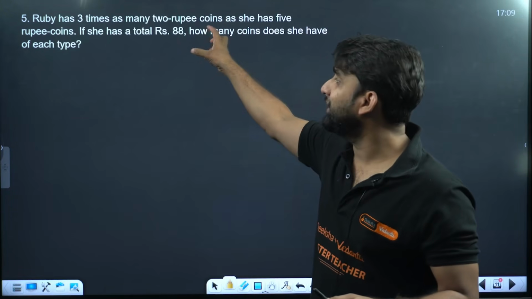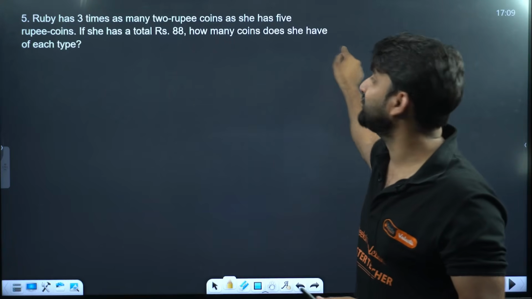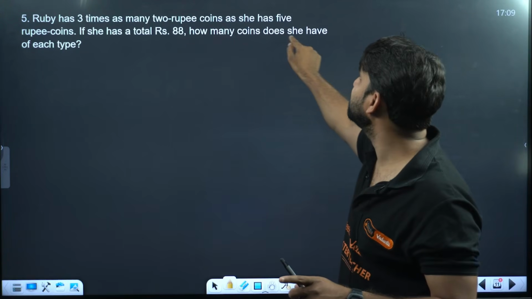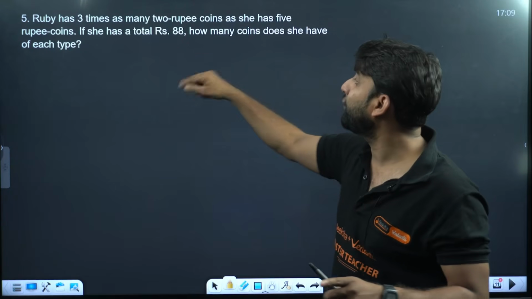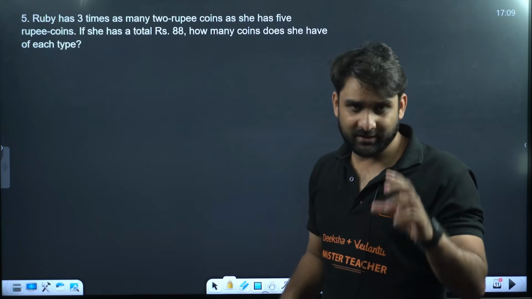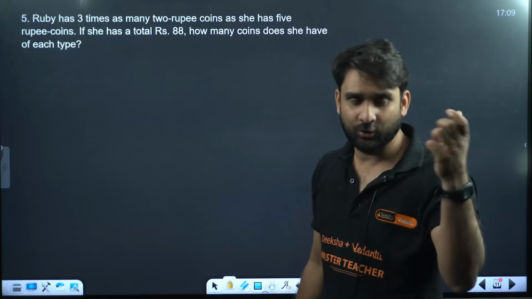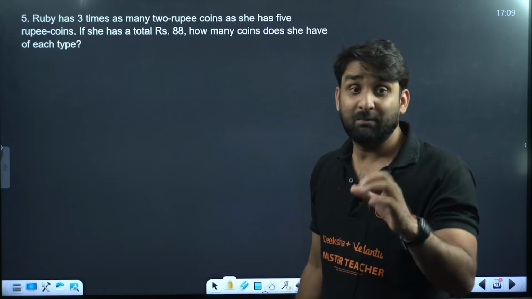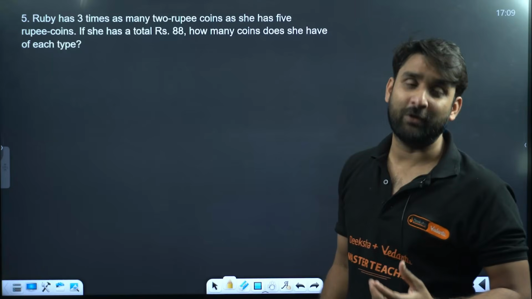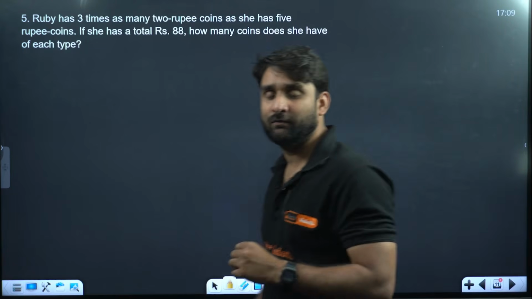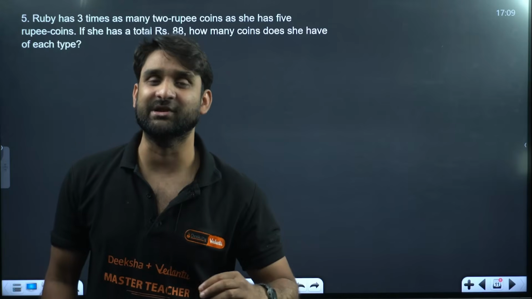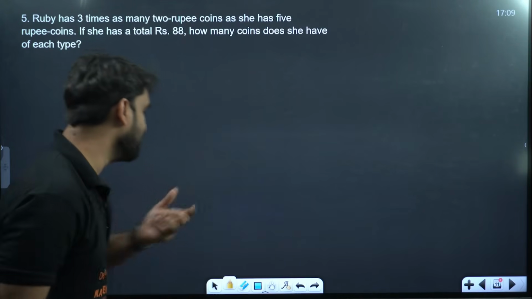So always in a word problem question, always come to the last line. Look at the last line: how many coins does she have of each type? So here there are two types of coins Ruby has. One is the 2 rupees coin and the other is the 5 rupees coin. But we don't know the exact number of coins of each. So what we need to do here is suppose the number of coins of each type, 2 rupees and 5 rupees. So let's suppose,